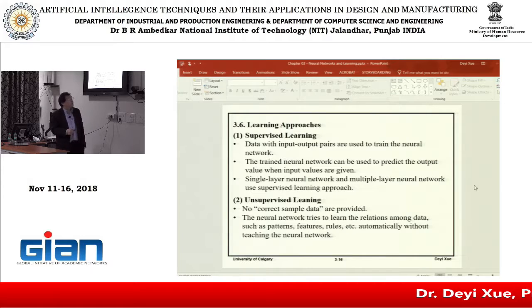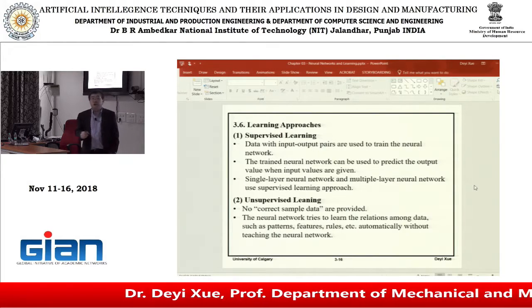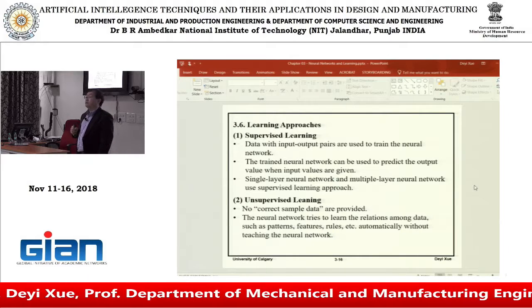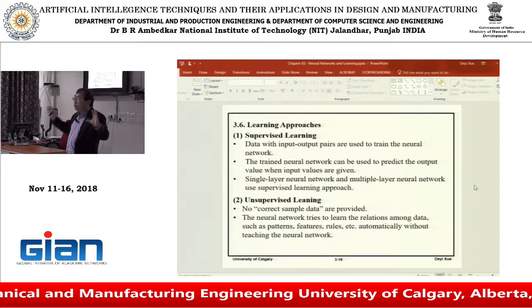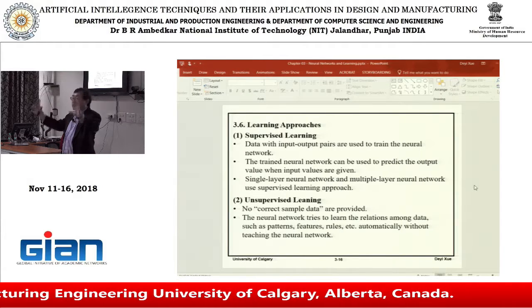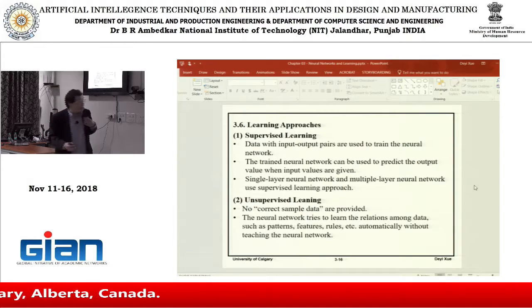Learning, okay. Supervised learning, we talk about supervised learning, right? So supervised learning is required. If you say, what is supervised learning? You have correct data, you have a neural network, then you train the neural network, you use the neural network. And also Professor Sharma mentioned